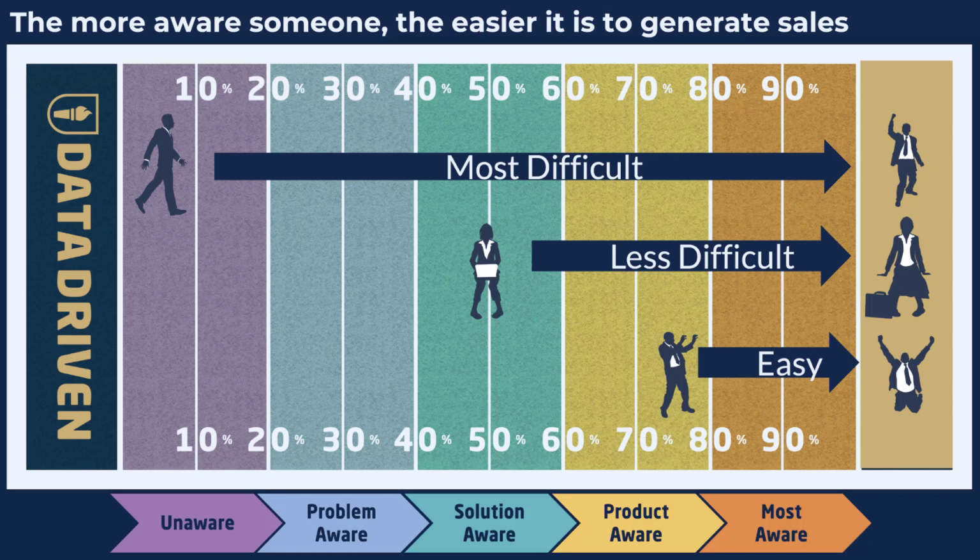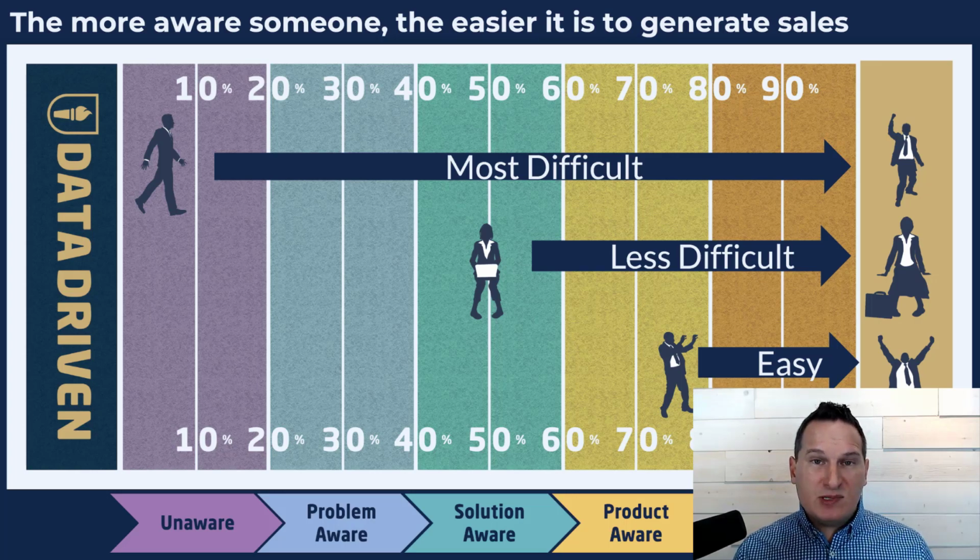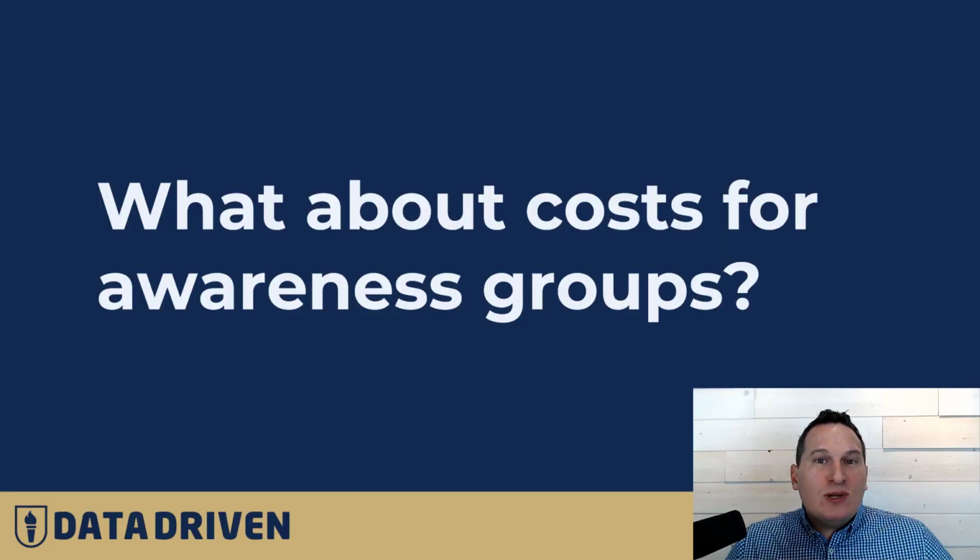So product aware is essentially somebody who goes to your site, checks out your product page, and ends up saying, yep, I'm going to buy from you, or no, I'm not going to buy from you. It's basically a binary decision at that point, and binary decisions happen much more frequently than a 1% conversion rate or a 0.5% conversion rate. Binary is 50-50, flipping a coin. Is this going to work or is this not going to work? And so when you're remarketing, you're trying to get more binary decisions to happen. And guess what happens? The costs go way down.